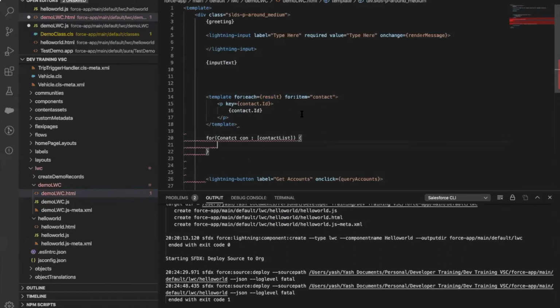So same thing here. Contact list is nothing but here my result, and CON is nothing but here my contact. So I'm iterating through all my contacts, and I'm having the local variable. And another thing we have to remember here is the key. Whenever you're dealing with the template for each, and whenever you're using iterator here, you have to provide the key,